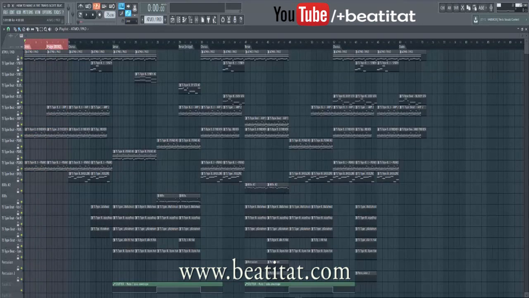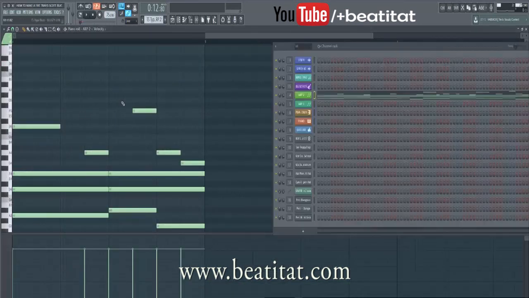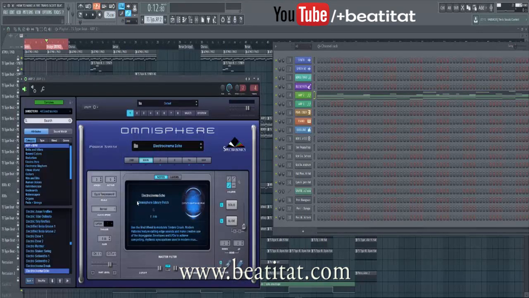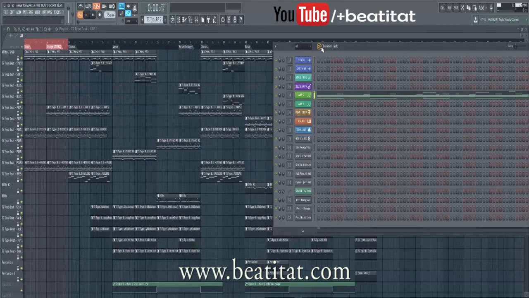I mean, those three. Then you come in and you hear this Omnisphere VST, which is an ARP. I'm letting it load. It takes a little bit to load. And as you can kind of see right here, it's literally just copy and paste of the original. This is Omnisphere 2. I was using Omnisphere 1 for a very long time, but I upgraded to Omnisphere 2. Great upgrade if you ask me. But that's besides the point. I had this sound called Electro Cinema Echo. If we listen,